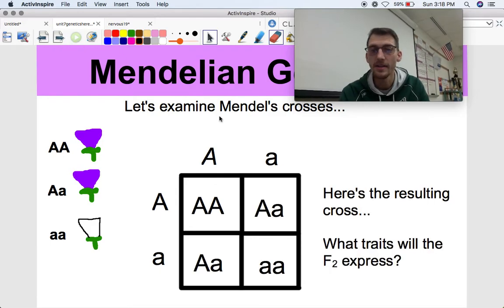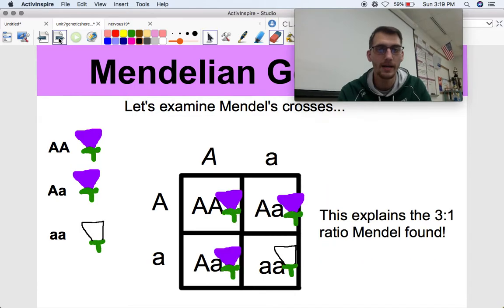Okay, but here they are. We got big A, big A from this cross here, big A, little a from this cross, big A, little a in this cross, and little a, little a. So if you got that far, great. Okay, but then it's figuring out what they mean, like deciphering those genotypes here. Okay, so what are the phenotypes that each of these four pea plants are going to express? Okay, well, let's find out.